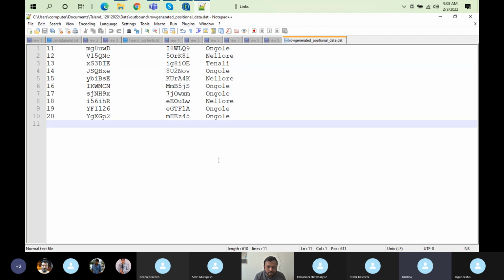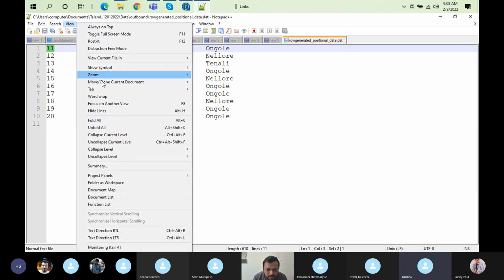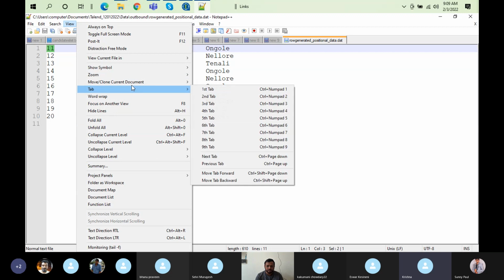This is the file we created yesterday. Positions are going to be whatever length you give to that field. That many places it is going to leave empty, so you don't see any data there. It will not immediately connect with the other field. It's going to leave that space empty, whatever length you have provided in the